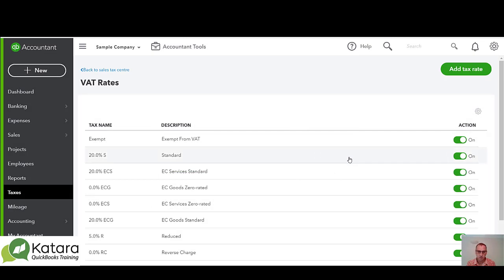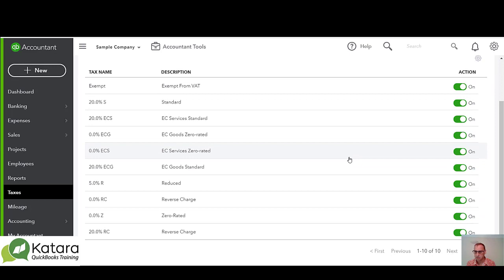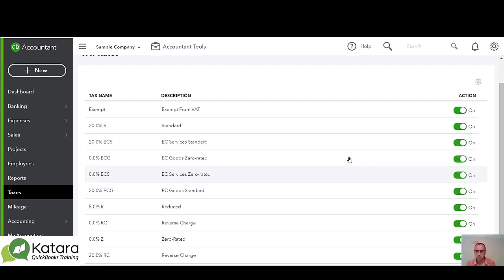If you don't want to keep all the European codes, you're definitely not doing any sales or purchasing to European countries. That's the list of VAT codes in here, but that doesn't really tell us anything about what these codes are actually used for. So we can see that if we go to a transaction,